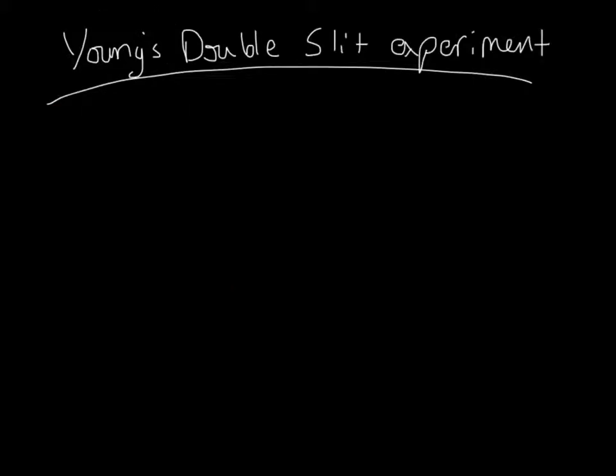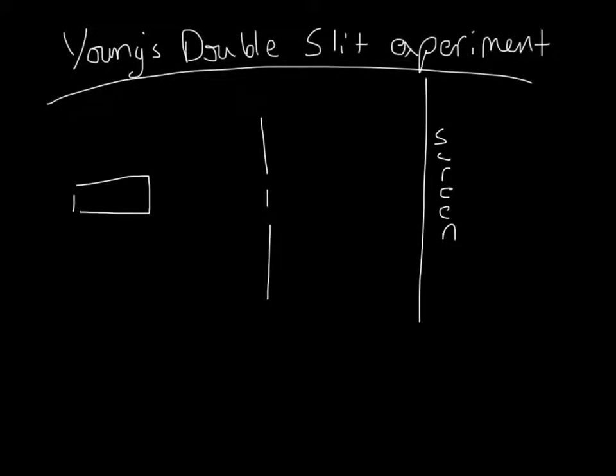All these different views clash together, however, Young's double slit experiment put them all to shame. Young was the name of a scientist in the, I believe, late 1800s, so right before the turn of the century. And Young's double slit experiment looked something like this.